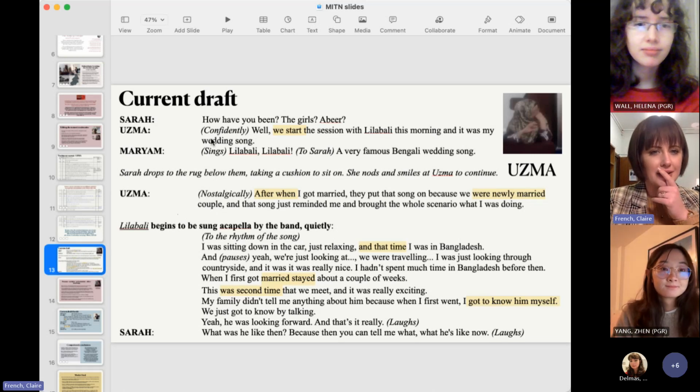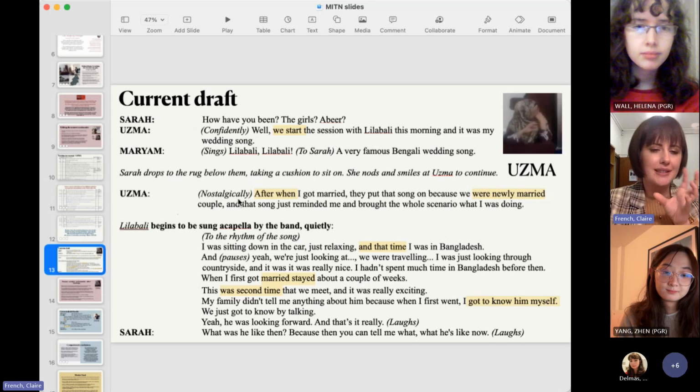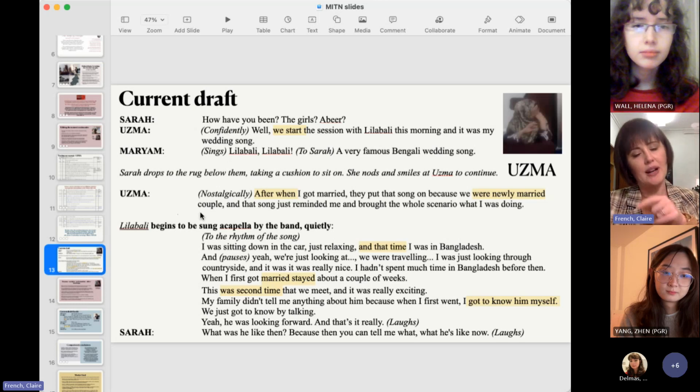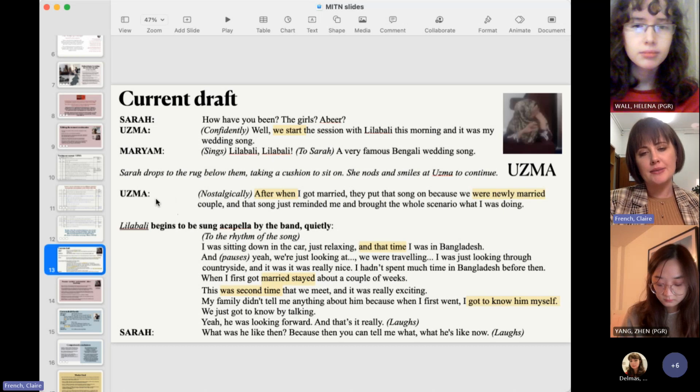I've written in stage descriptions, or what's often called the mise en scène, such as Sarah drops the rug below them, and then these terms which are not as common, like nostalgically, confidently, before Uzma's text, because I'm trying to pick up some of the confidence and certainty and sense of self that was communicated to me in and through her performativity, which aren't necessarily just picked up in the audio.